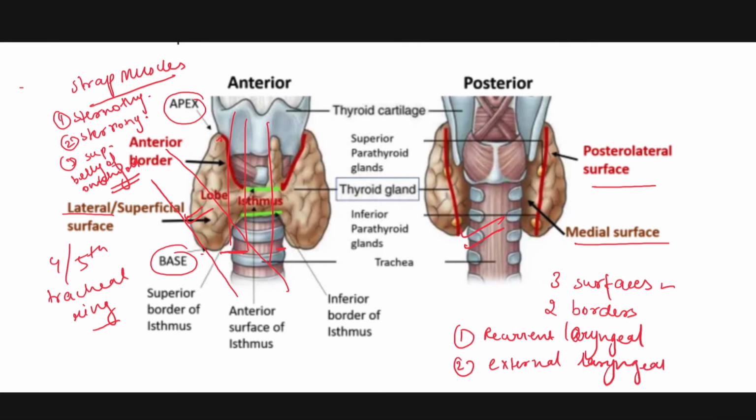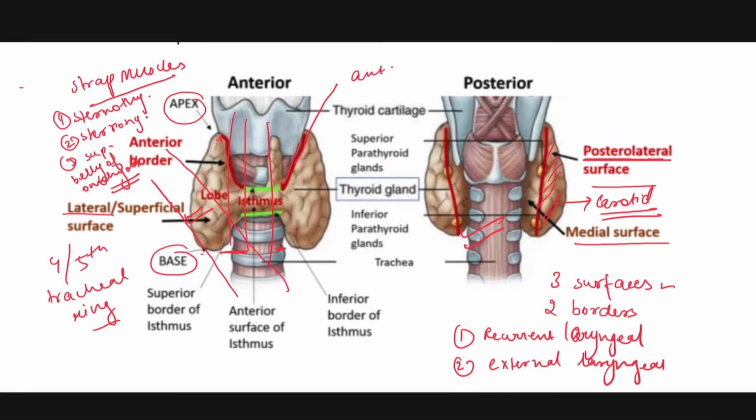Right, the posterolateral surface is related to the carotid sheath and its content. So this is the posterolateral surface, this whole is the posterolateral surface. इधर क्या होगी, carotid sheath. This is related to carotid sheath. The anterior border is thin and related to anterior branch of superior thyroid artery. So anterior border is this, it is thin and यहाँ पर हमारी कौन सी आर्टरी है, superior